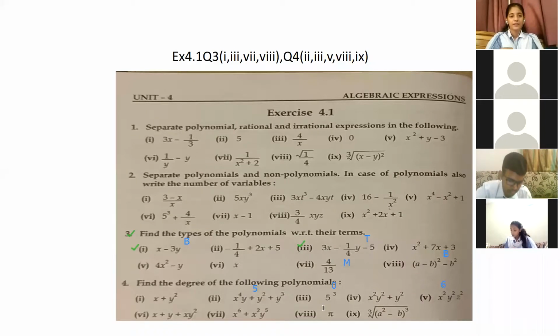Now question number 4, bit number 9 is little bit tricky. Okay? It's little bit tricky. I want anyone to show me the copy that how can we get the degree of this bit number 9. If you have done this work, please show me through your copy. This is the last bit. So I am going to stop my screen. I'm just going to clear my drawing right now. One second.